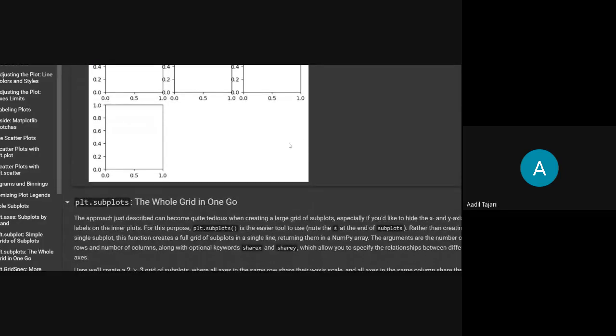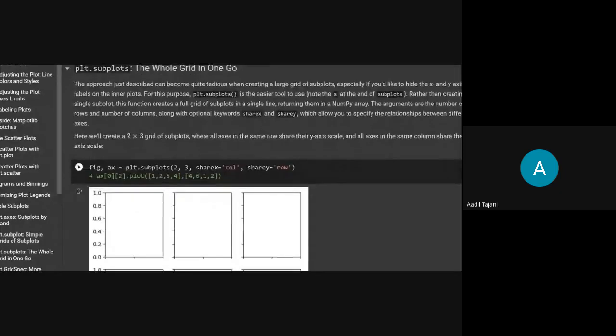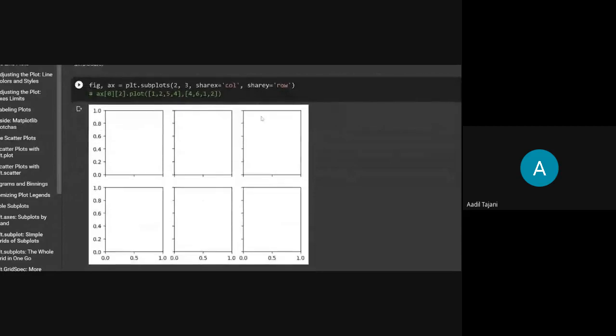And for that, they have given the option of share x and share y, which means what x-axis should share and what y-axis should share. So I mentioned here that these columns should share the x-axis.